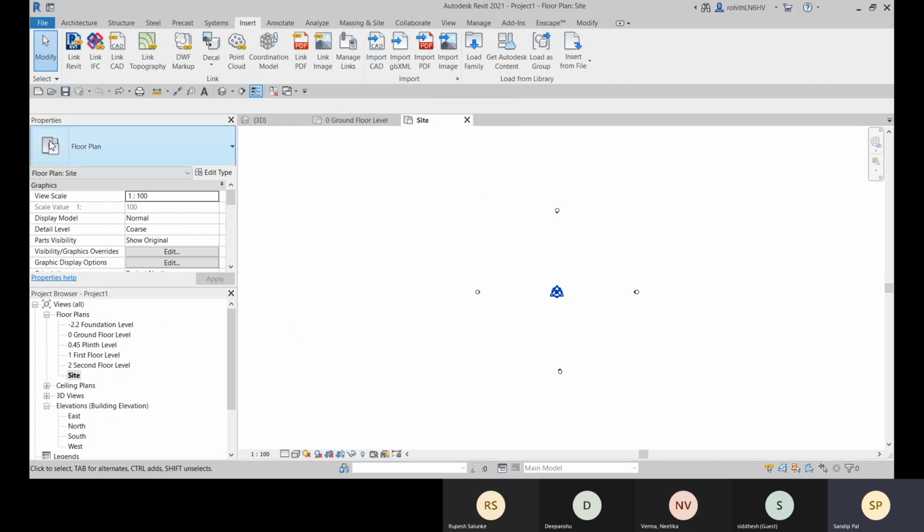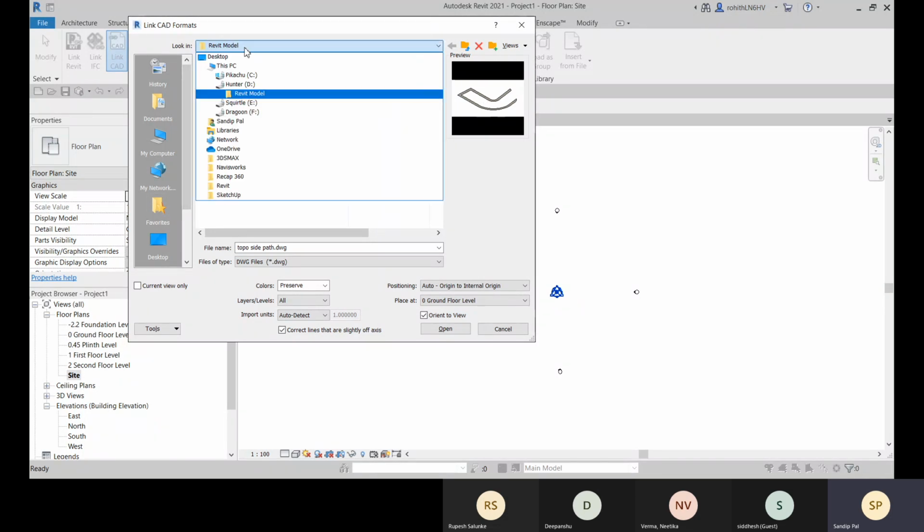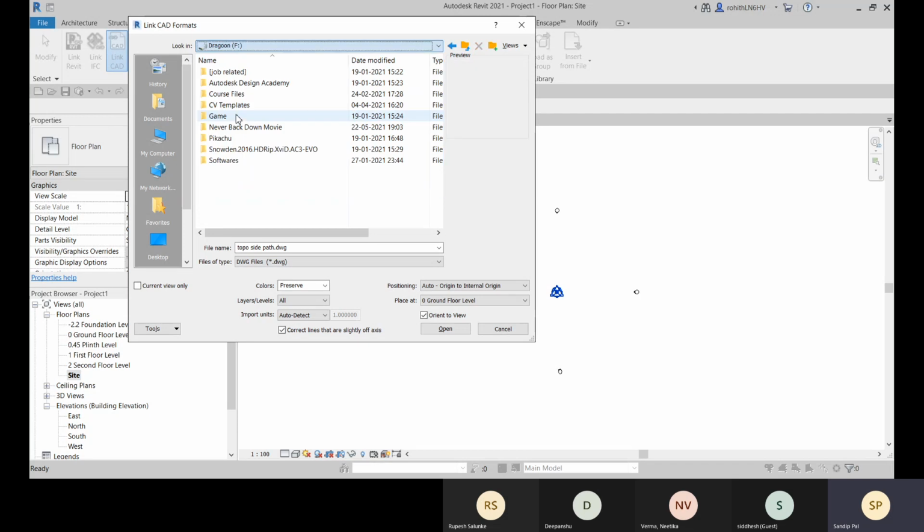Okay, so I'll go with this link CAD option, and here we have this topo surface side path option. Now let me just open this up.